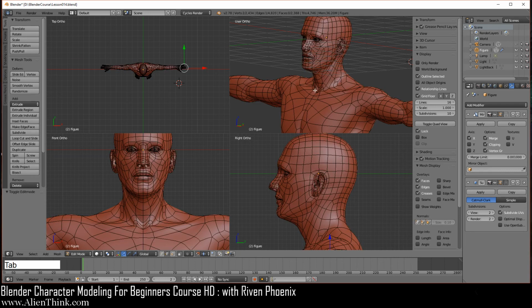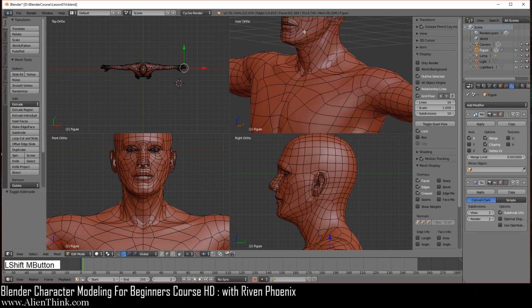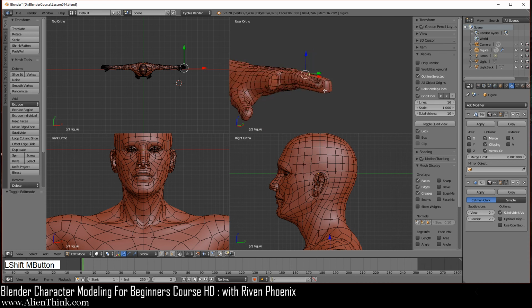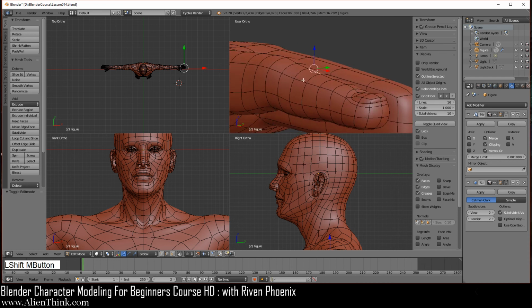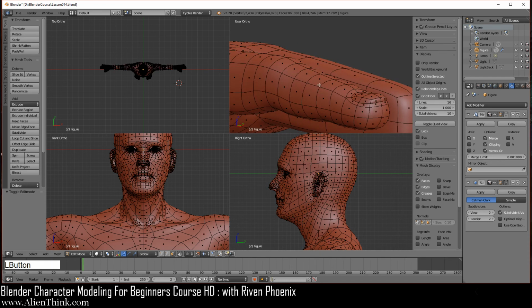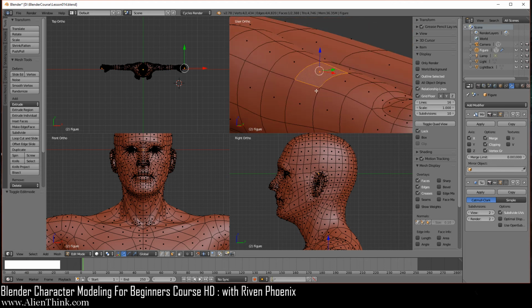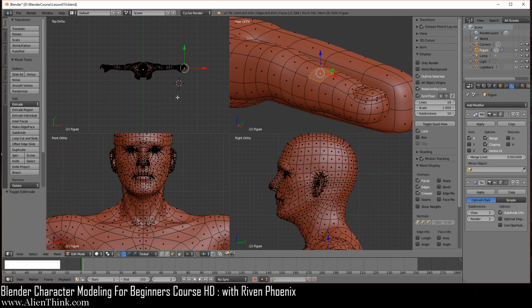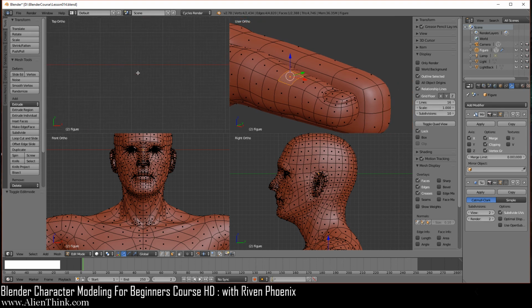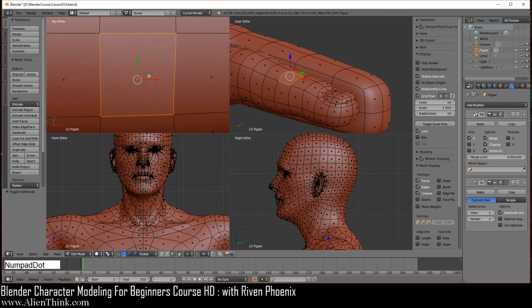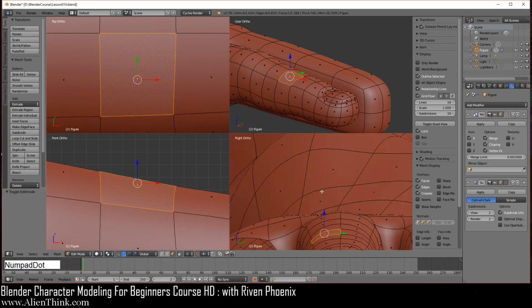So I'm just going to do edit to show you. Okay, so let's say actually we were in the hand over here. Just select something, go into your face select mode, select any face, doesn't matter, and press the period key and just zoom out. So you can see that you can rotate around it, right? And if you want to, this might be over here somewhere, let's say to the side, you can't see it. So just press the period key here, it'll zoom in, period key here, period key here.